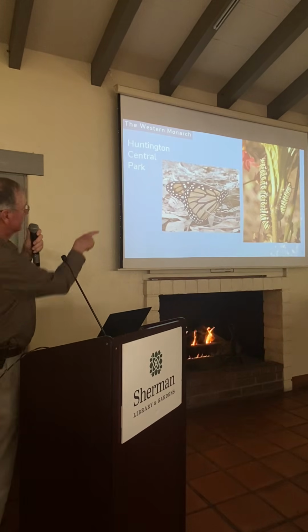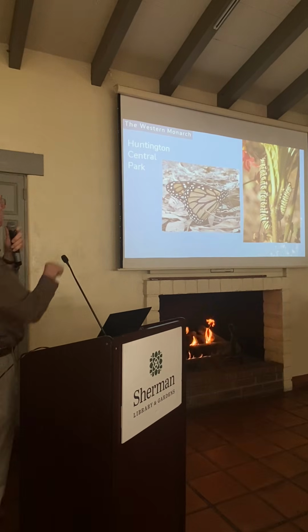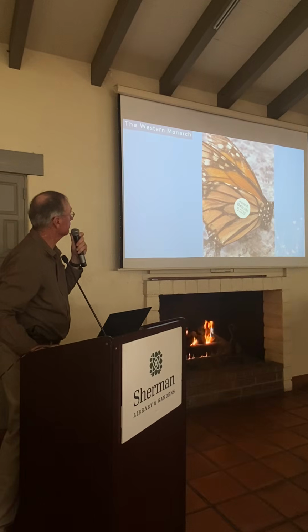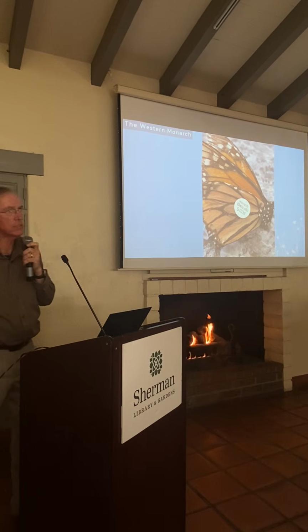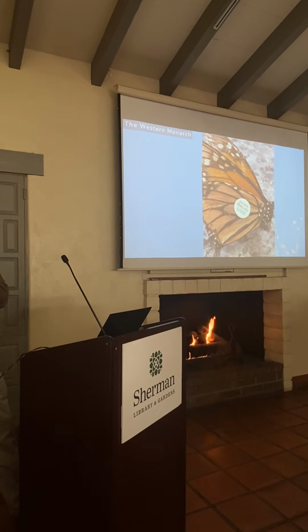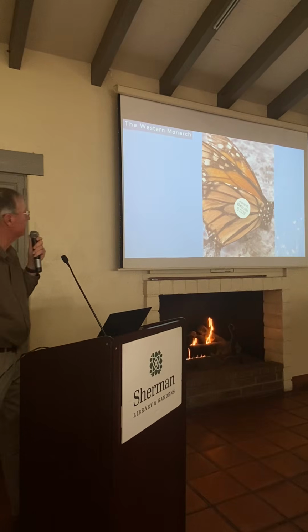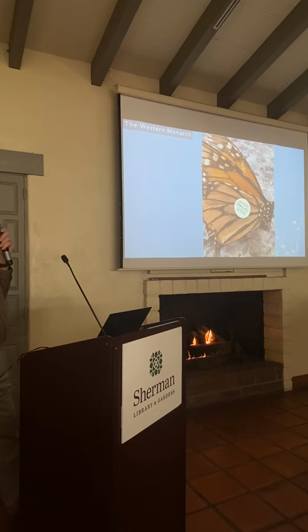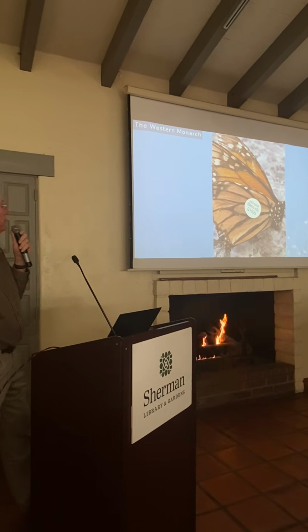Those larvae right there on the right hand side were on that same plant. And then just another one. There is some tagging that goes on. Right now, monarchs have some protection, so tagging is a little bit of a challenge. But there is tagging. This is a monarch that was recovered in 2019 at Huntington Beach.